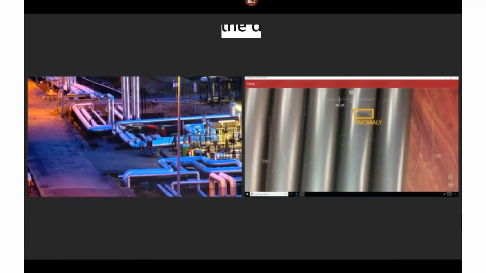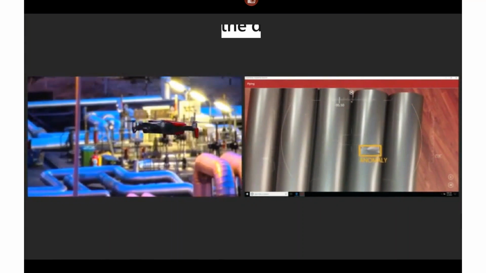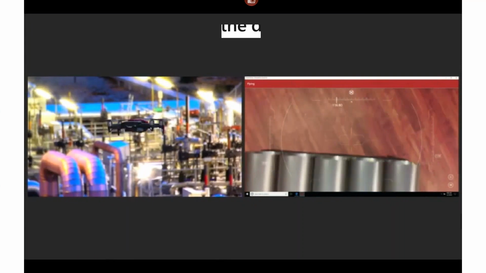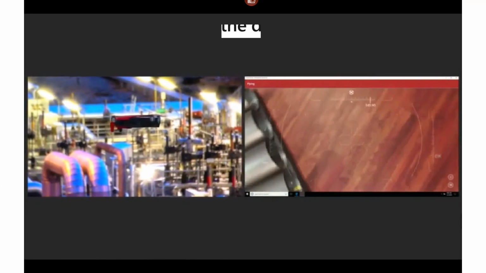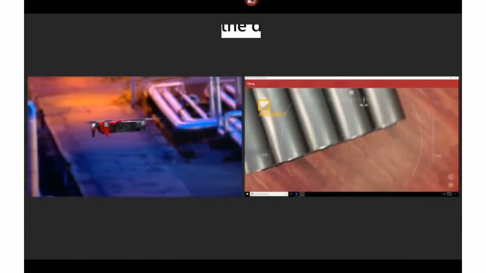We don't see problems. Oh, here we do see a problem. Here we've taken action. You see on the right-hand side that yellow box that says anomaly. This is an example of just using machine learning on the edge to process information and highlight trouble, highlight problems. This drone is obviously too simple to take action, but that doesn't mean it can't notify people that action needs to be flagged and taken, and remediation steps need to be addressed.